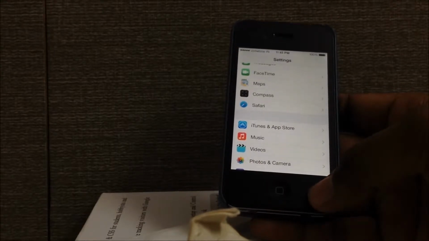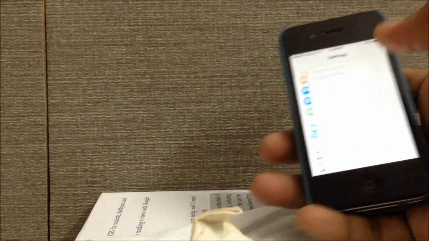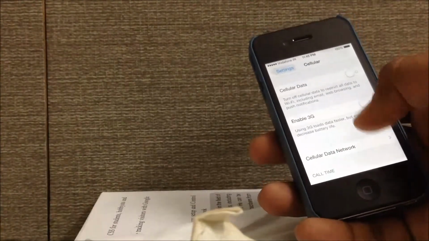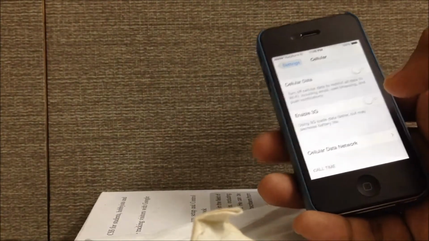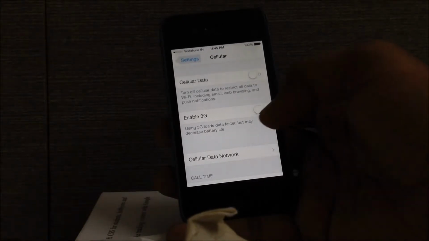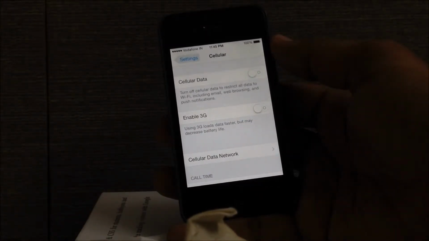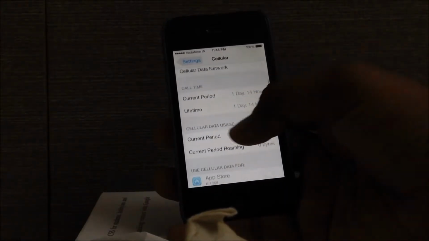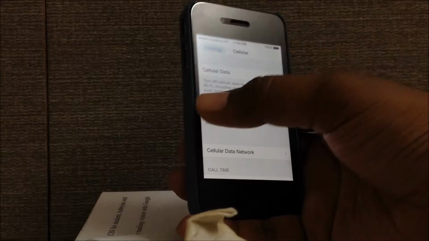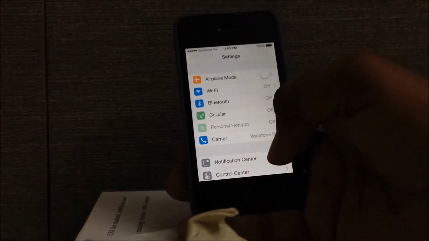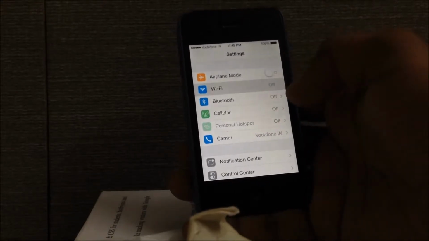Then what you can do is disable the network connections like cellular. If you are using 3G and you have 4G enabled, you can simply turn off LTE or 4G, whatever you are using. Here I have the 3G option and 2G option, and I am using 2G right now, so I have just turned off 3G and turned the cellular data off. Whenever the data is not in use, or whenever you are not using your phone, simply turn it off to maintain your battery life.